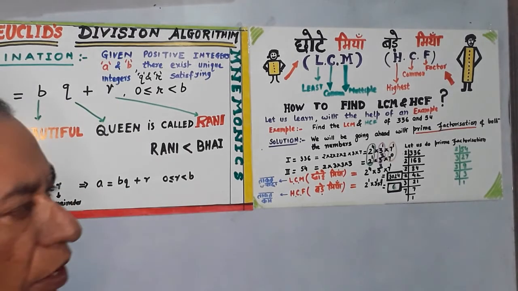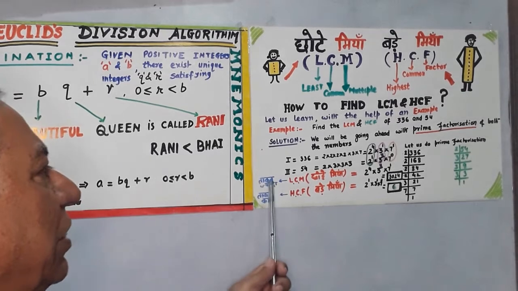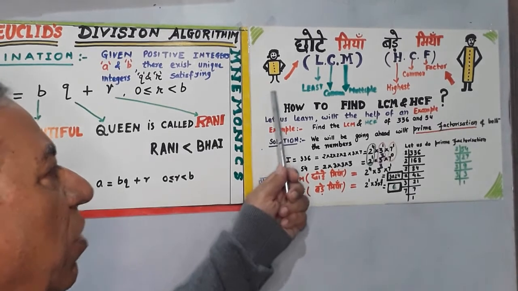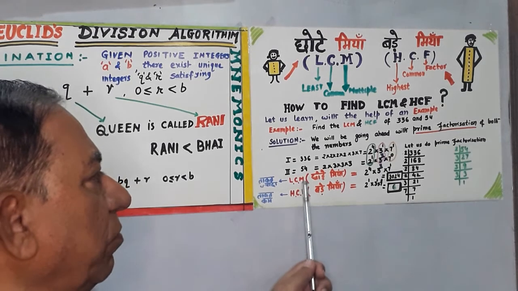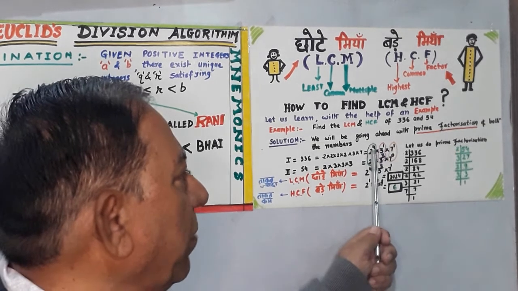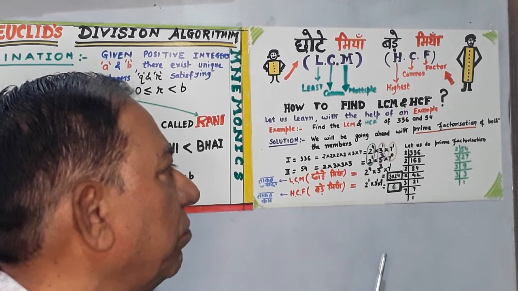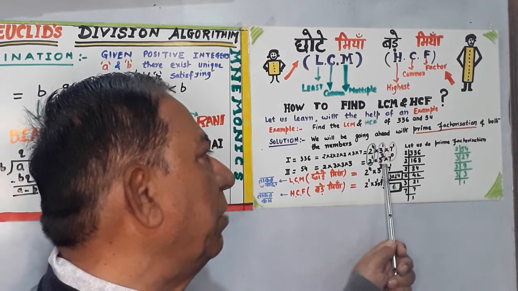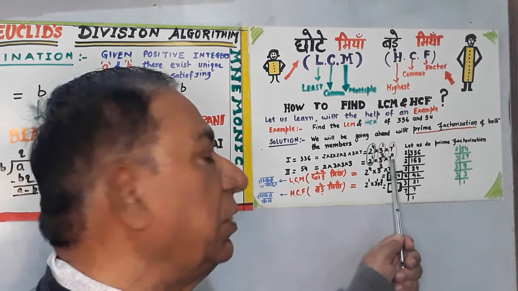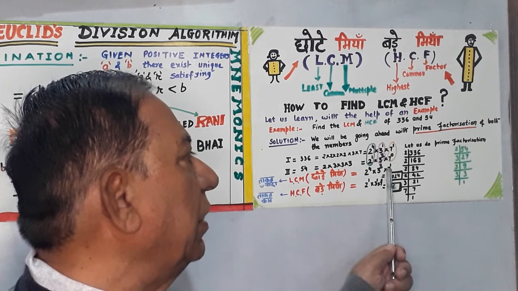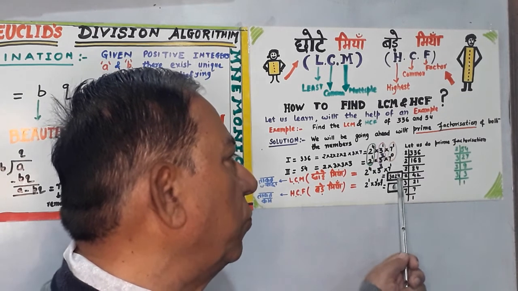Now we know that छोटे मियाँ LCM, छोटे मियाँ की फिजिकल ताकत ज़्यादा होती है और बड़े मियाँ की फिजिकल ताकत कम होती है. Now first of all we'll calculate LCM, छोटे मियाँ। यहाँ पे देखिए 2 की पावर 4 है, 2 की पावर 1 है, ज्यादा ताकत 2 की पावर 4 है। यहाँ पे 3 की पावर 1 है, 3 की पावर 3 है, ज्यादा ताकत, ज्यादा पावर 3 की पावर 3 है। 7 raised to power 1, 7 raised to power 0, and the higher power is 7 raised to power 1. Go on multiplying this, you get 3024.